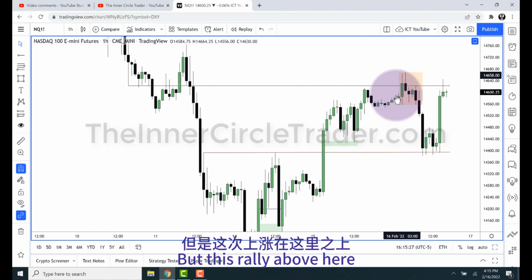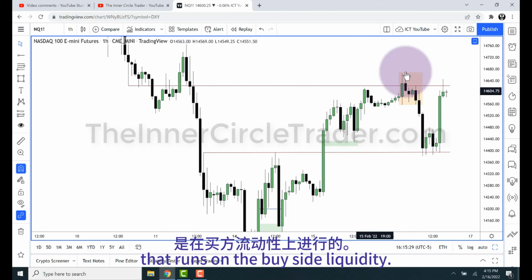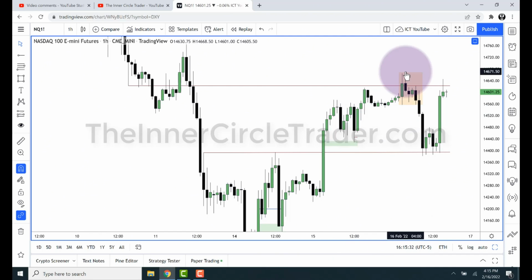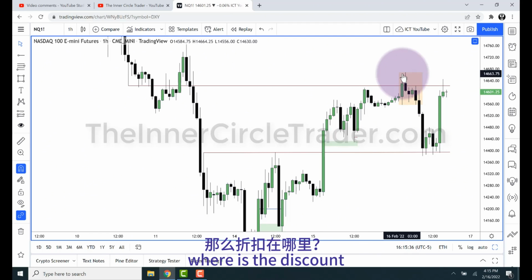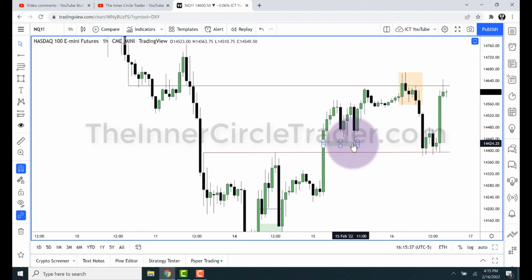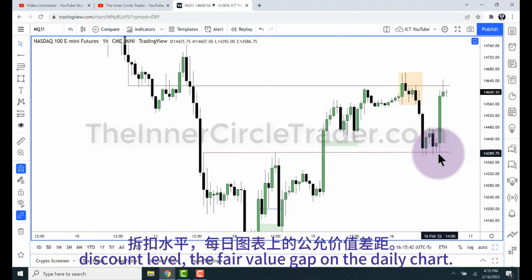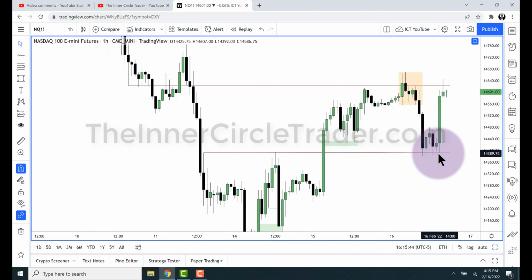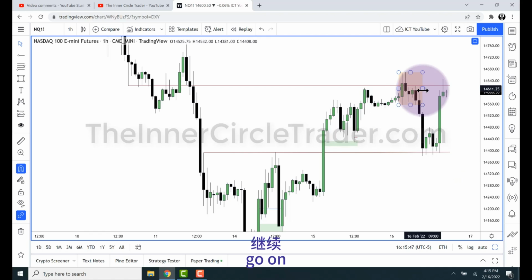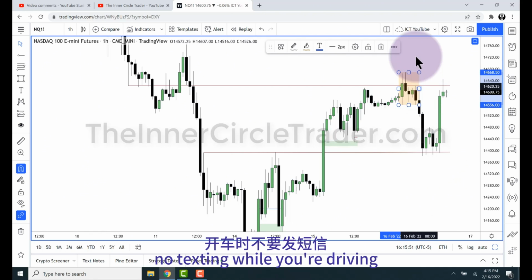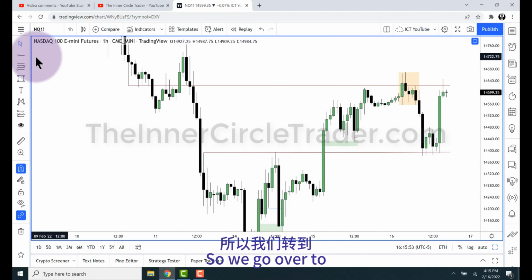But this rally above here, that runs on the buy side liquidity. And if this is the premium level that we're in, where is the discount? Below the low here, and the discount low, the fair value gap on the daily chart. But let's go into this area here, scope this up. Why did I go all the way over there? Talking while I'm doing things. No texting while you're driving, ICT. All right, so we go over to